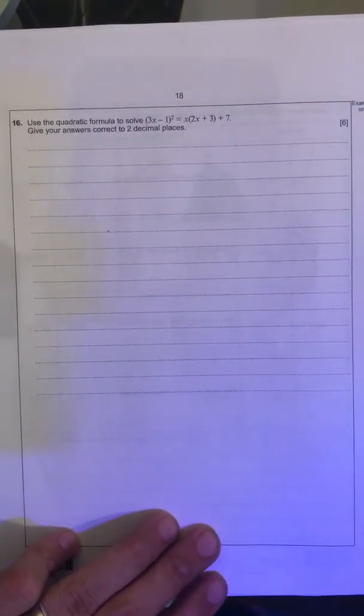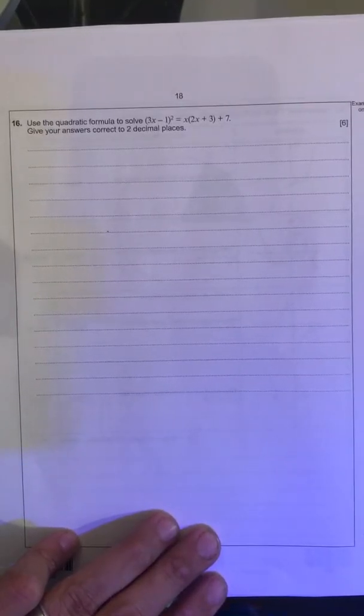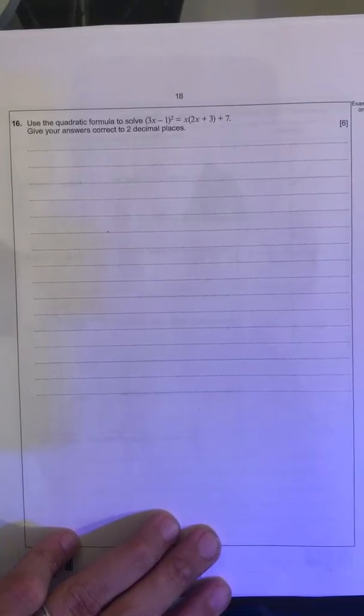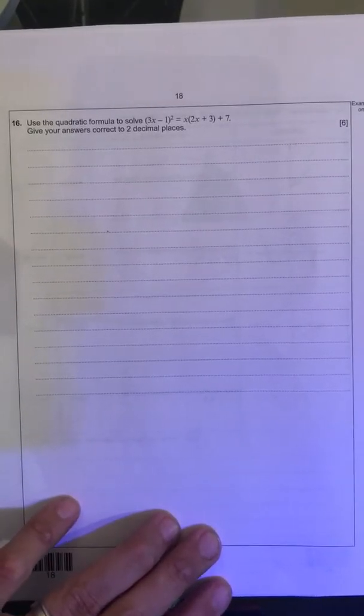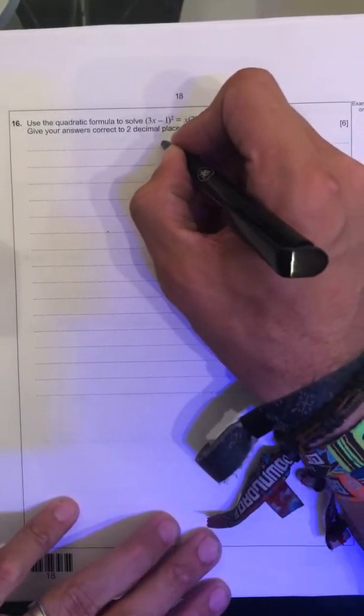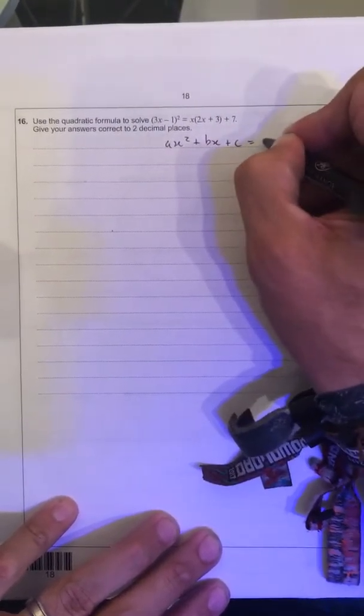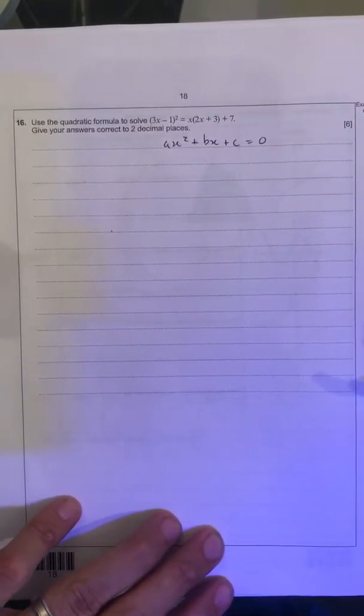Okay, question 16 asks you to use the quadratic formula to solve (3x minus 1) all squared equals x(2x plus 3) plus 7, giving your answers correct to 2 decimal places. The problem with this question is you're not used to seeing it in that form, and you need to put it into this form: ax squared plus bx plus c equals 0 to be able to use the quadratic formula